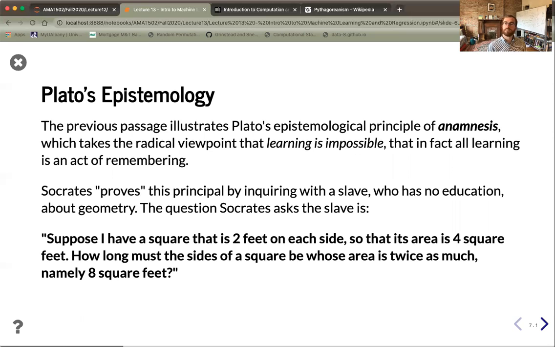Okay, so this is a convoluted way of asking a question, but what he's essentially asking for is, what is the square root of 8? In particular, how do we find a square's side lengths whose area is double the area of another square? As you know, this gets quickly into some issues of the square root of 2, which is one of the things we considered at the start of our course. So Socrates has asked the slave boy, all right, tell me how can we find the side lengths of a square whose area is twice as much as a square whose area is 4 square feet.